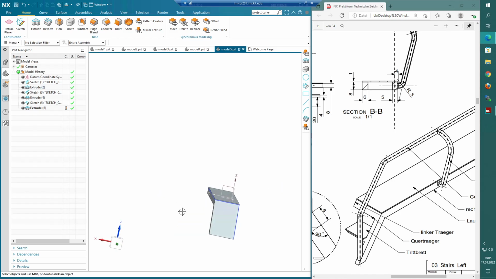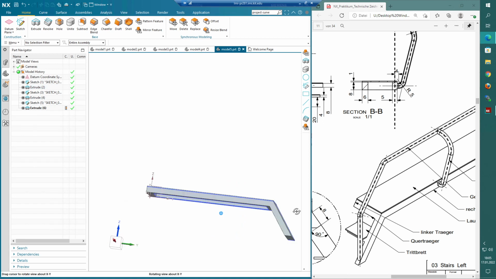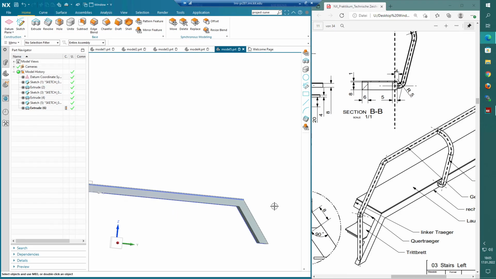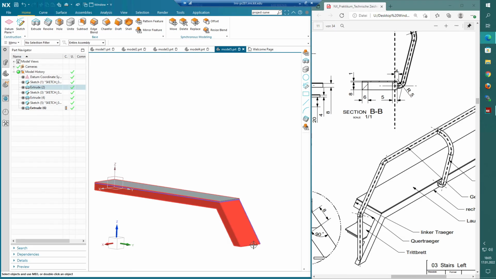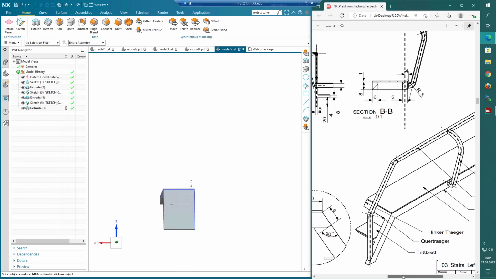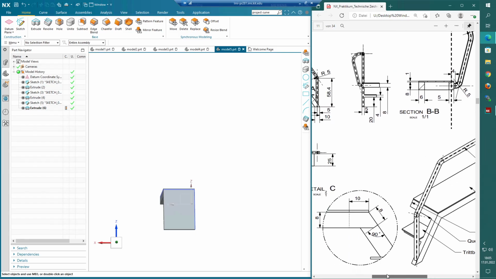So my idea would be to create the stairs, either to make an extrude from here and then sketch on this plane and then extrude back as long as we need with the shape that we need. Or we could also make a sketch on this plane and then extrude back where we need. It depends what of those approaches we should use